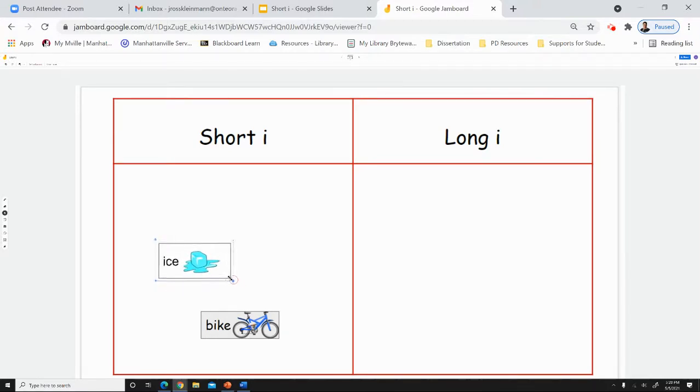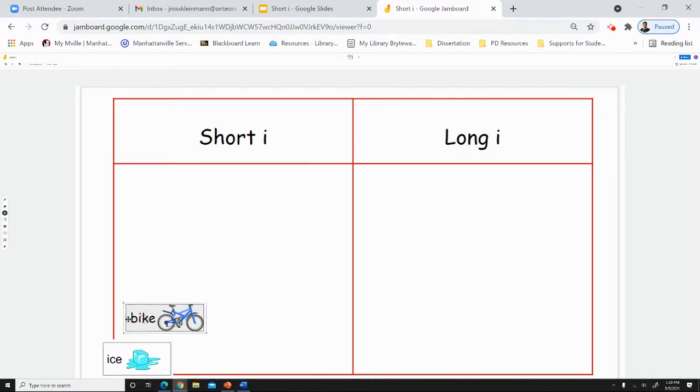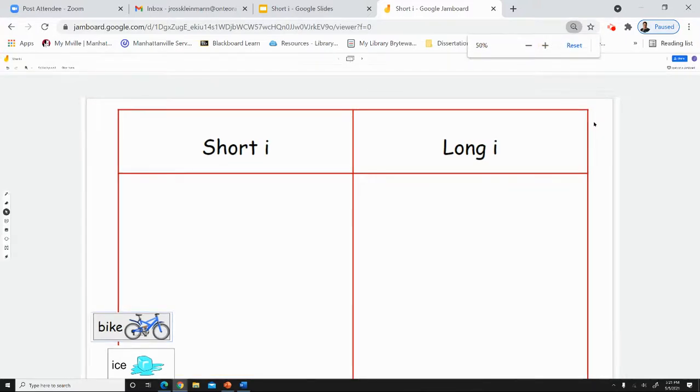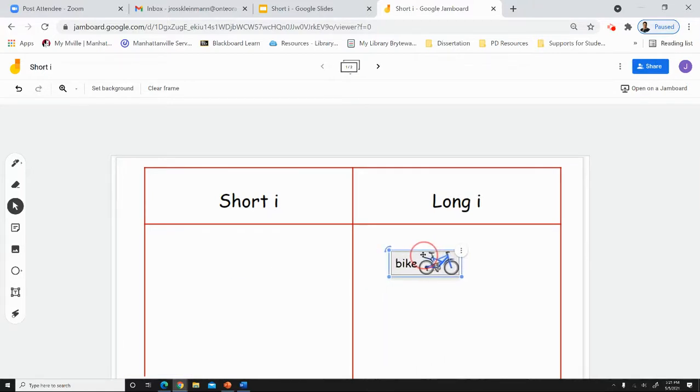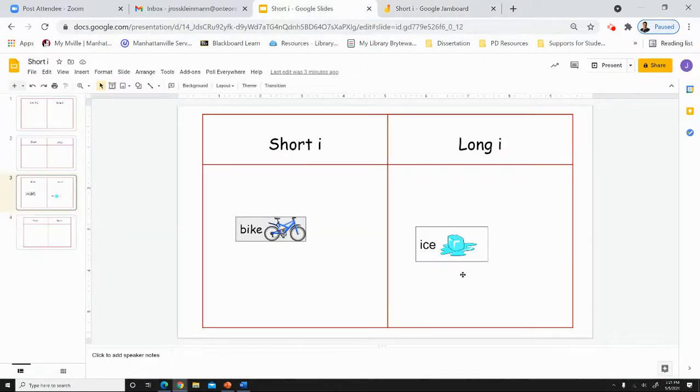So you can make a whole bunch of these and then have your kids or your students. What you would do is share with your students the file, just like I shared with you, and they will be able to come in and move the images to the correct place. I hope that helps. One thing I actually do want to tell you before you go,